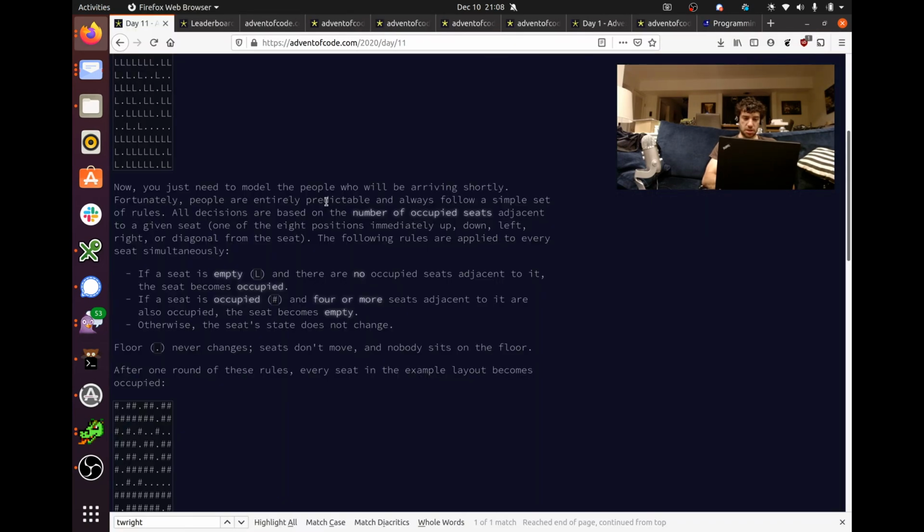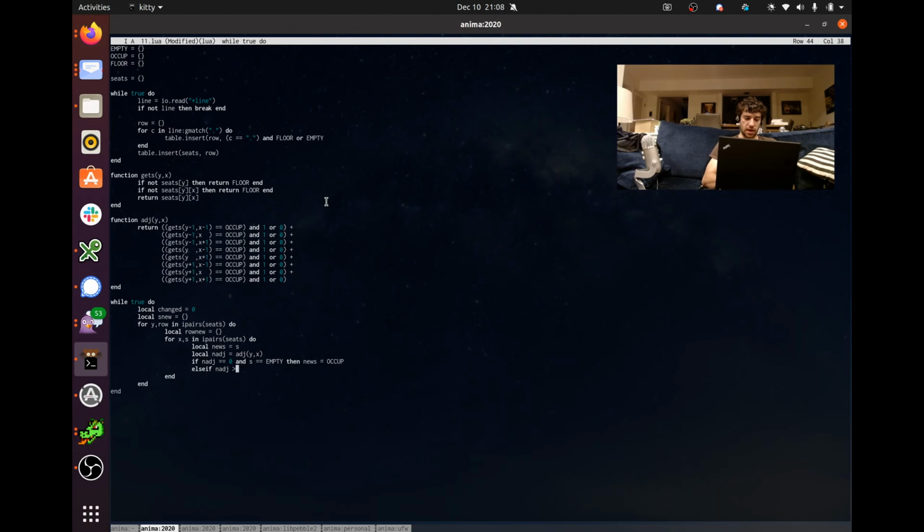Adjacent seats is greater than or equal to 4 and S is occupied, then the seat is now empty. If the new seat is not the seat, then changed,